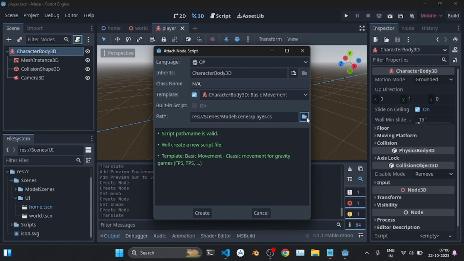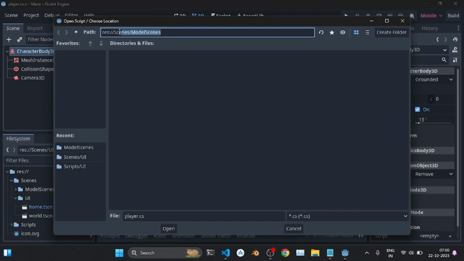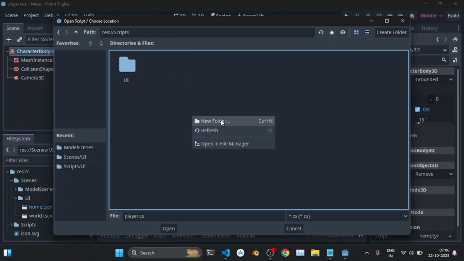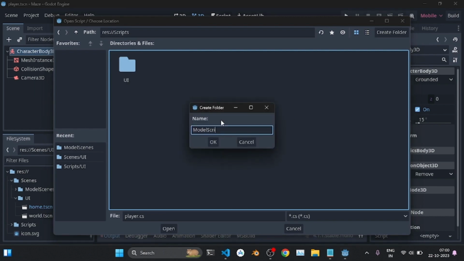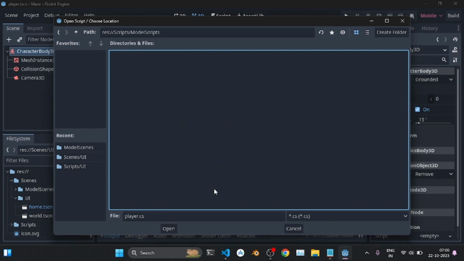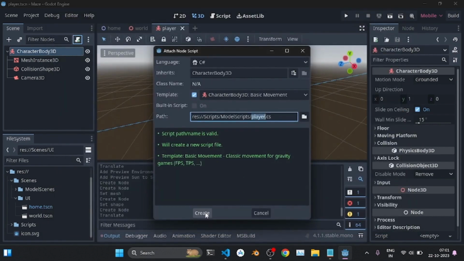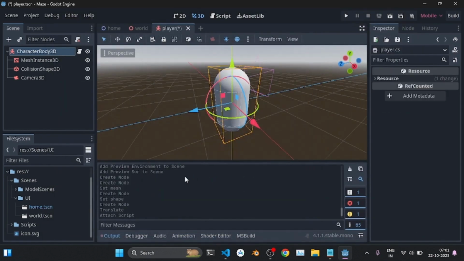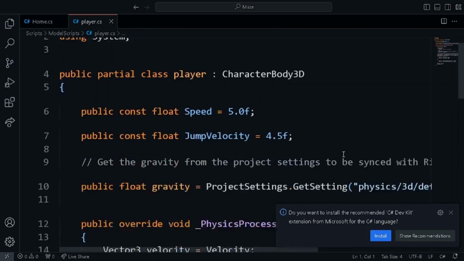we are going to change the path of where it will be saved. It will be in the scripts, and in here I'm just going to create a new folder, model scripts, and just save it as player.cs. Okay, and just click on this create to create that file. Now in Visual Studio Code,